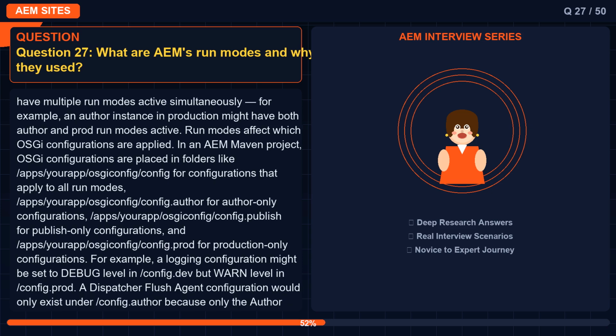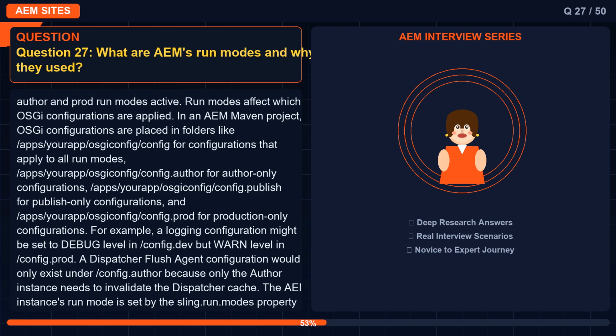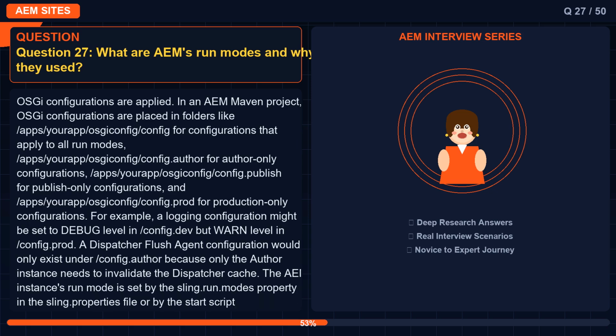/apps/myapp/osgiconfig/config for configurations that apply to all run modes, /apps/myapp/osgiconfig/config.author for author-only configurations, /apps/myapp/osgiconfig/config.publish for publish-only configurations, and /apps/myapp/osgiconfig/config.prod for production-only configurations. For example, a logging configuration might be set to debug level in /config.dev but warn level